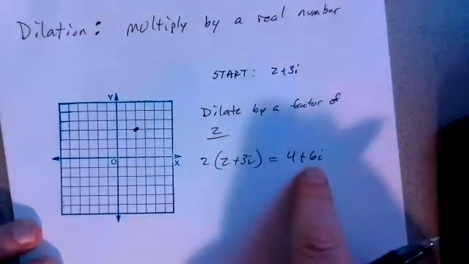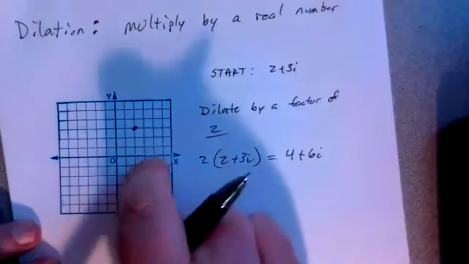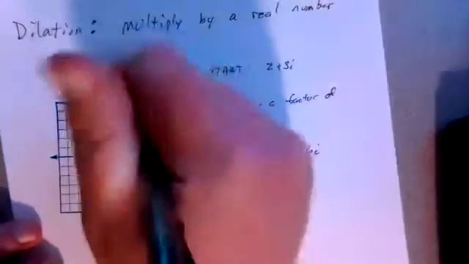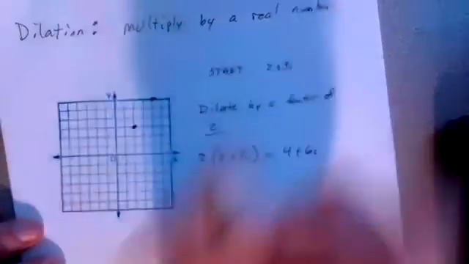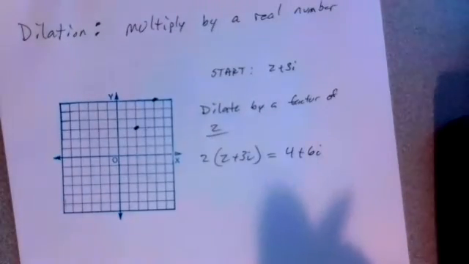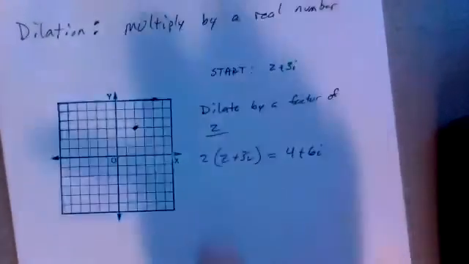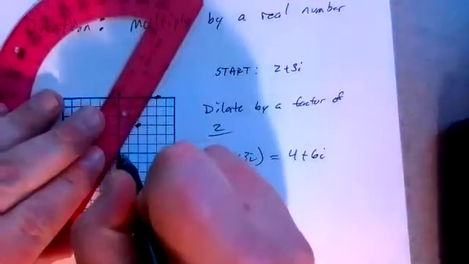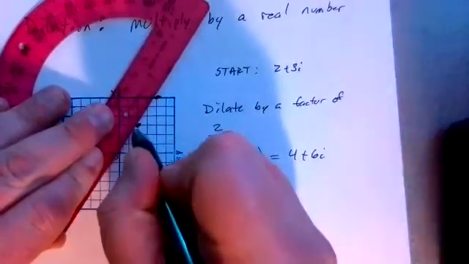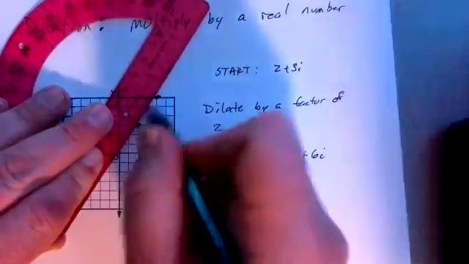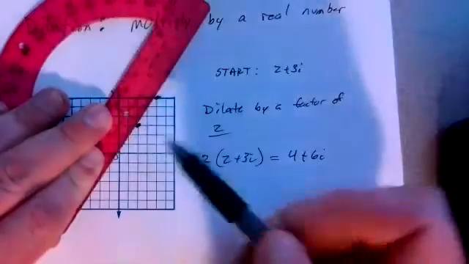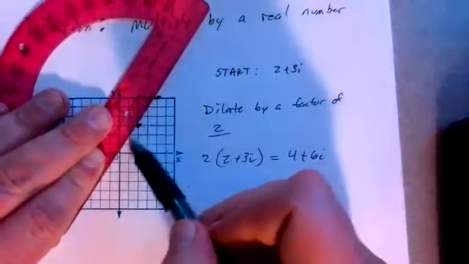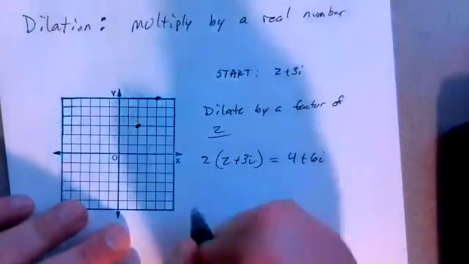Now, when I go to plot 4 plus 6i, 1, 2, 4. Oh, good, it's there. That would have been really embarrassing. Here it is. And if you think about it, right, I increased the distance away from the origin by a factor of 2, meaning here's the origin, and I doubled the distance away from the origin. What if I want to cut the distance in half? Well,